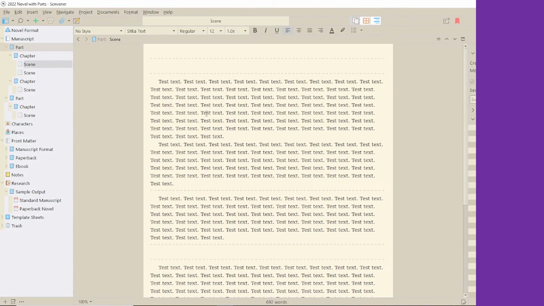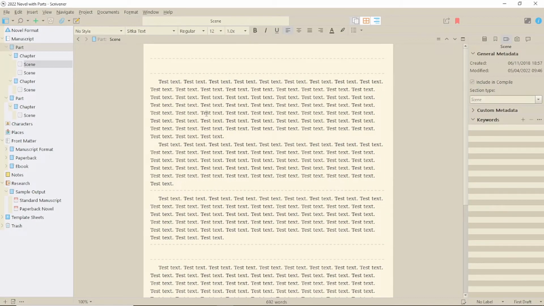The novel with parts, as you might expect, is for novels that aren't simple chapters. The novel is divided up in some way into sections, but that's not the only use for this template. You could use it if you're putting together an omnibus edition of a series of novels which need dividers between them. So the things that are the same, you have the character folder and places folder with the relevant templates